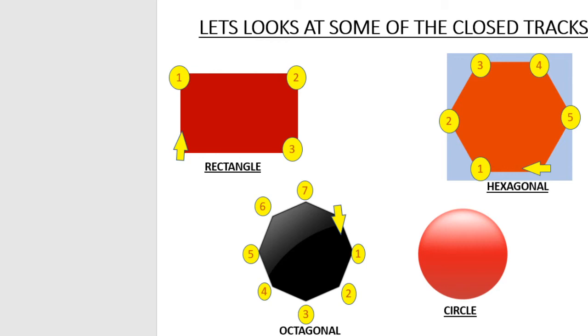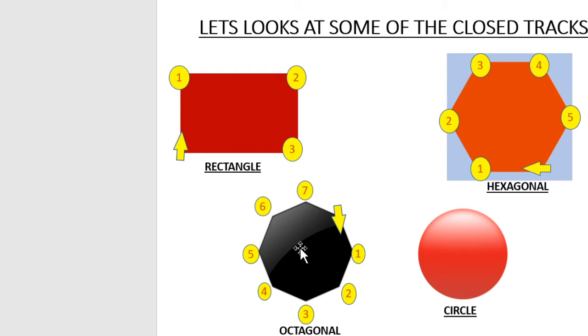So this was 3 times for the rectangle, then 5 times. Let's say I want to change my direction more number of times. Suppose I start my journey here. Now look at this octagon. If I start my journey here and I change my direction 7 times, I get a shape which is much closer to a circle. The rectangle is nowhere close to a circle. The hexagon is slightly closer to being a circle. Then the octagon is even closer to becoming a circle. So if I change my direction more number of times, it becomes an octagon.